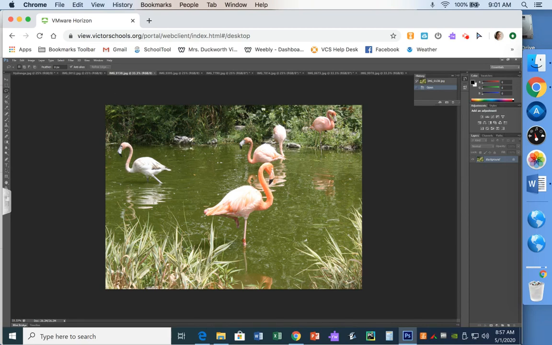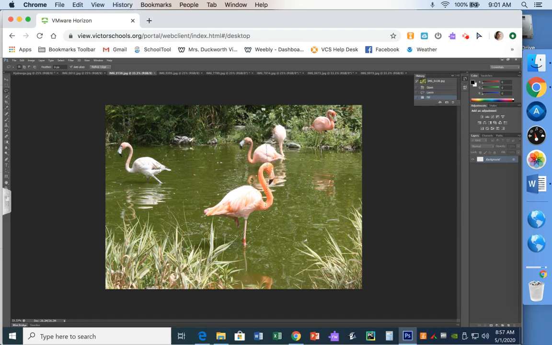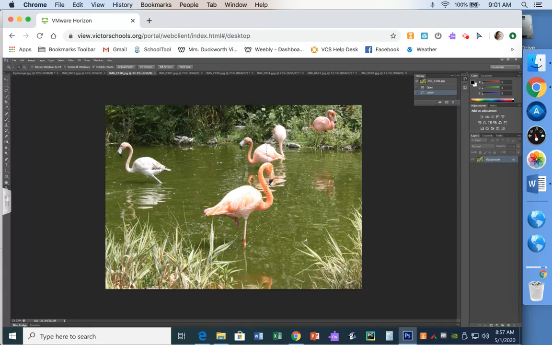Now, the lasso tool basically will allow you to select an area of the image. So I'm just going to select an area right there, a big circle in the middle. And whatever I tell the computer to do next, it's only going to do it within that area that I have selected. So let's say I want to delete it. I'm just going to hit the delete key on my keyboard, and then I'm going to click OK in that window. So now you can see that it's gone. So only what I told the computer to do happened, and it only happened in that small little area